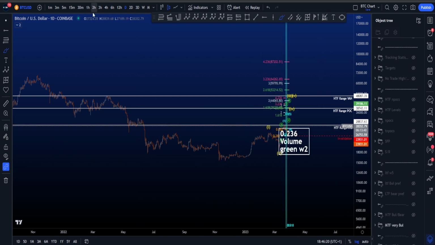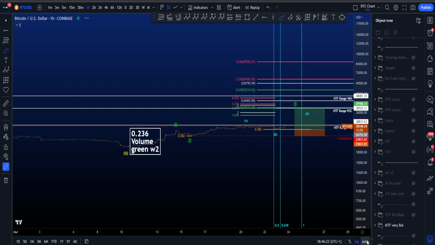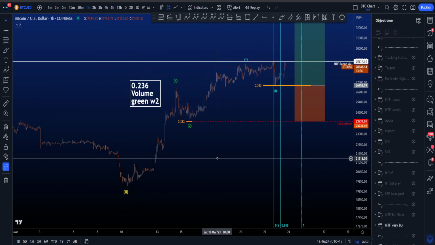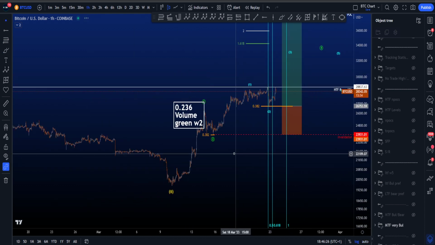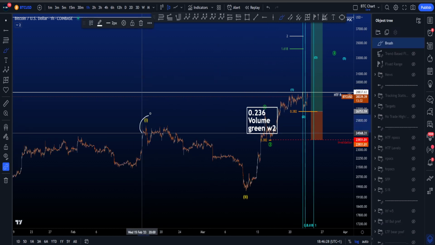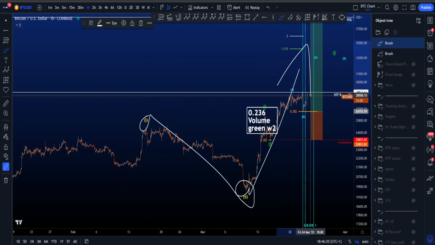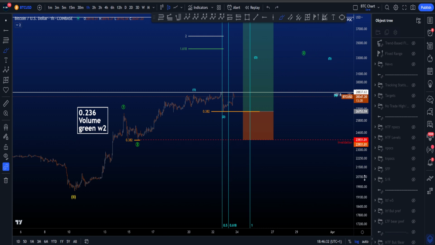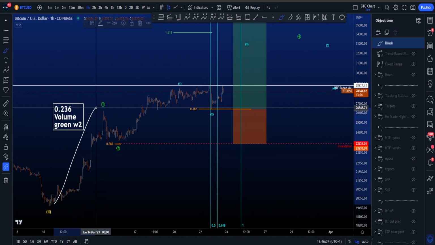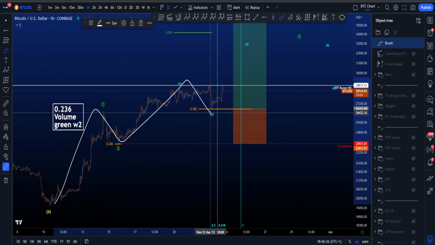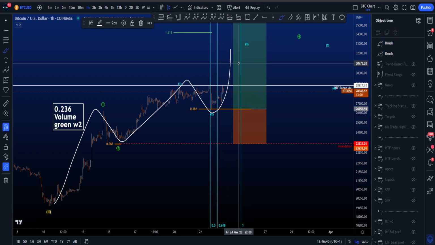If we then go to the more medium time frame scenarios, I have two scenarios for you over there. One is the very bullish scenario, as just highlighted, where wave 1 is already finished, 2 is finished, and we're looking for a wave 3. And then inside this wave 3, we have a 1-2-1-2 setup, and we would potentially now be in a very big impulsive move to the upside.